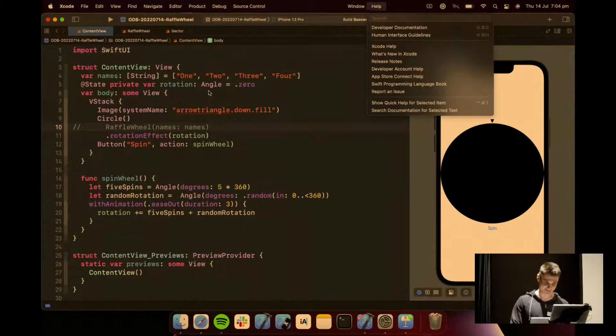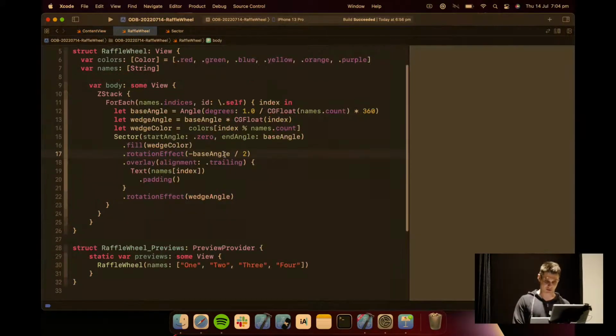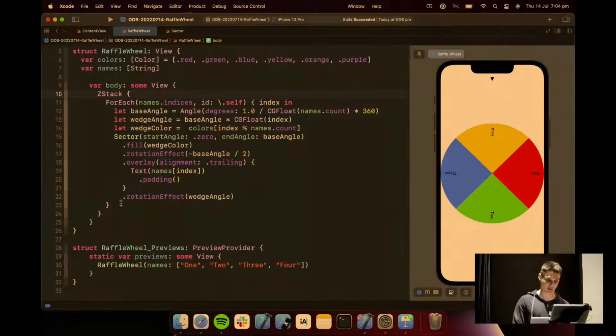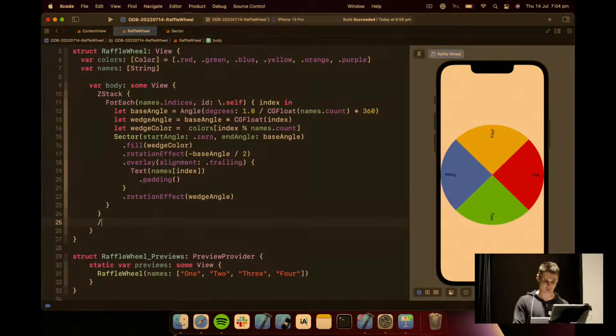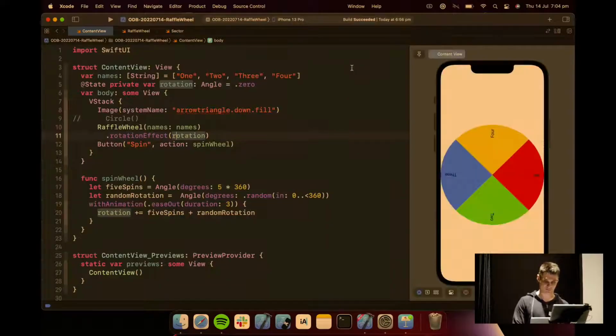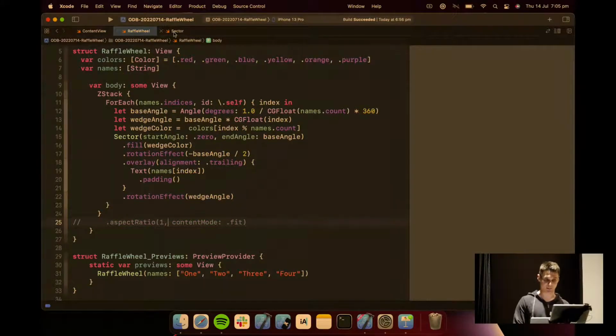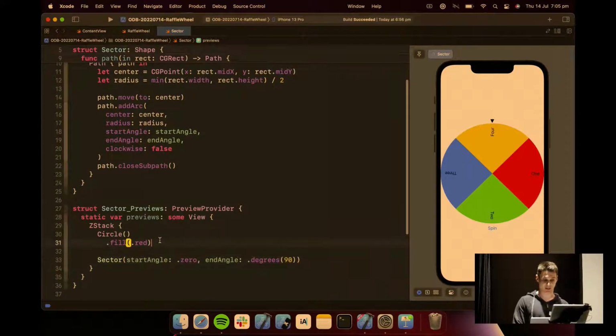One way I used to do it is, if I go into here, I want this Raffle wheel to be like a circle, and I can go aspect ratio 1 fit. Now, if I go back to here, that works. But since iOS 16, I can get rid of that, because the issue is that the shape here doesn't work exactly like a